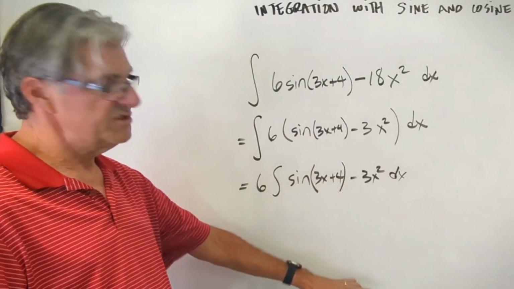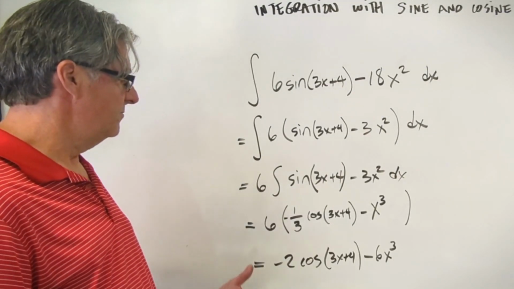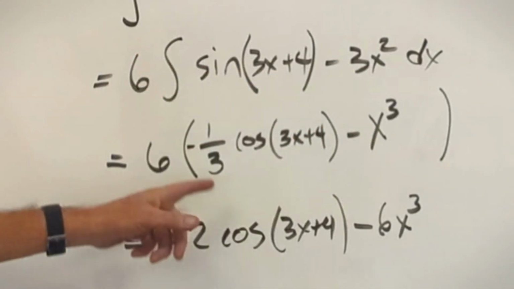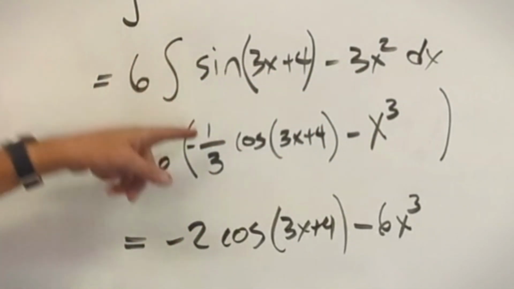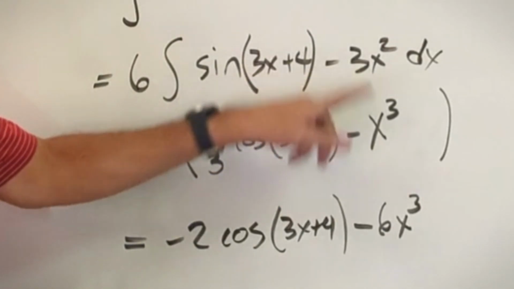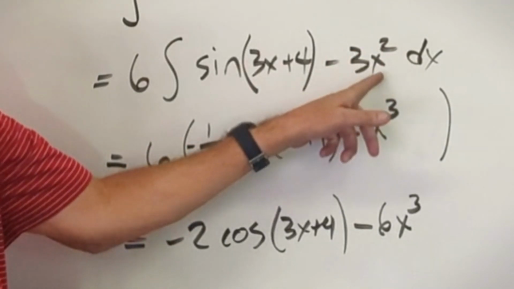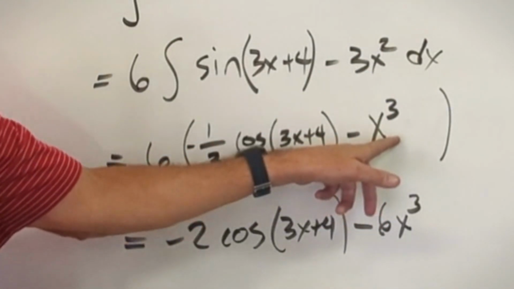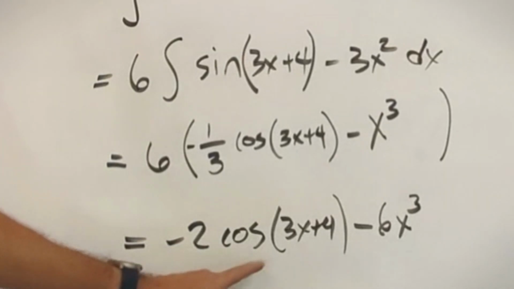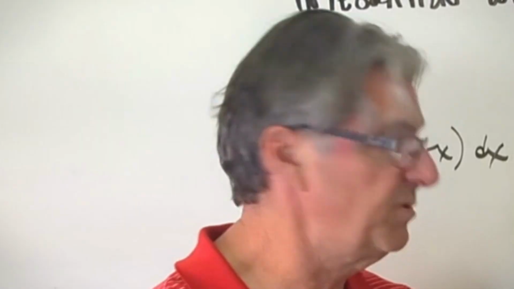So if you haven't finished this out, go ahead, pause the video and finish this out. Okay, let's bring this on home. Now I can take my integrals of these two terms inside, and I get for that one minus 1/3 cosine of 3x plus 4, and for this one, I get minus x to the third. That's using the reverse power rule on that term. It gets me there, minus x to the third. Multiply my 6 back in, and I get minus 2 cosine 3x plus 4 minus 6x to the third plus